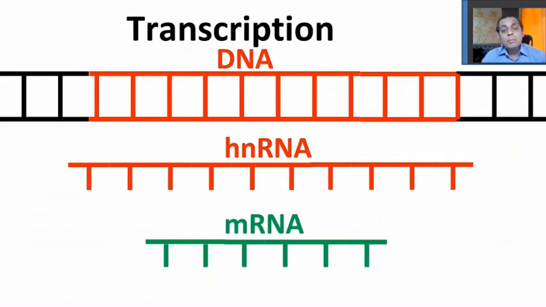We're going to now understand the process of transcription. Now, what is transcription? Transcription is the process in which DNA makes RNA. But you can see that DNA does not directly make the RNA, but it first makes a raw copy of the RNA called hnRNA, which stands for heterogeneous nuclear RNA. So DNA first makes heterogeneous nuclear RNA and then it undergoes processing to make the mRNA. You can understand this process.